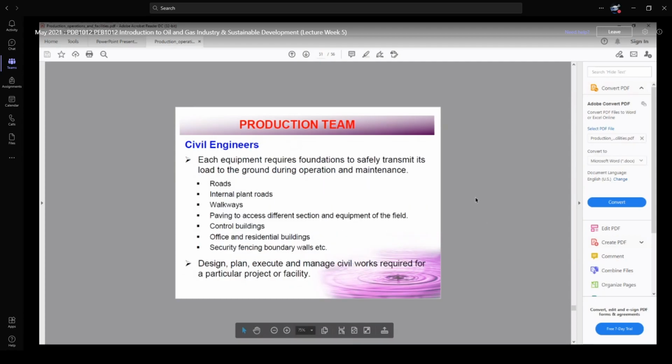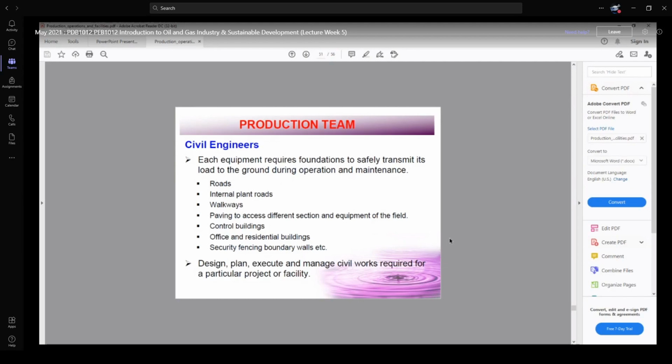The next is the civil engineers. Civil engineers are also very important because they need to lay the foundations for the facility, surface facilities, right? To safely transmit its load on the ground during the operation and maintenance. For example, they're involved in road construction, internal parts of the roads, walkways, paving to access the different sections and equipment of the field, control buildings, offices and residential buildings, security fencing, boundary walls, all these civil